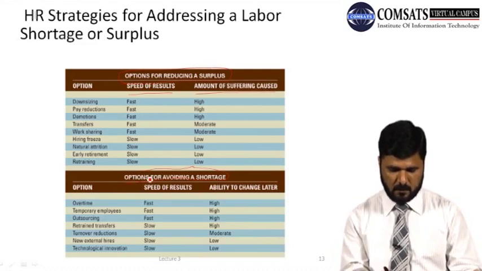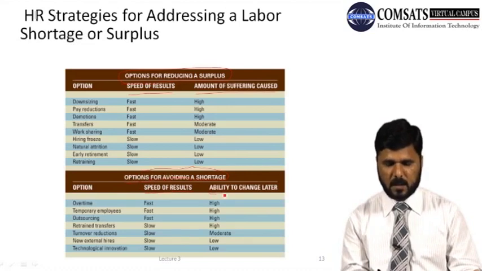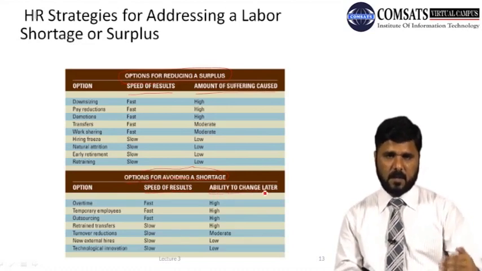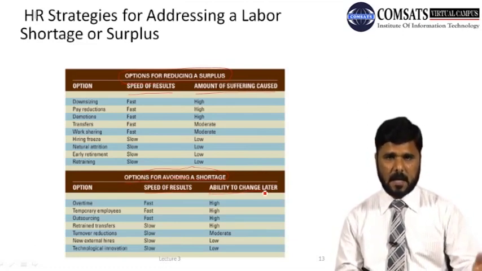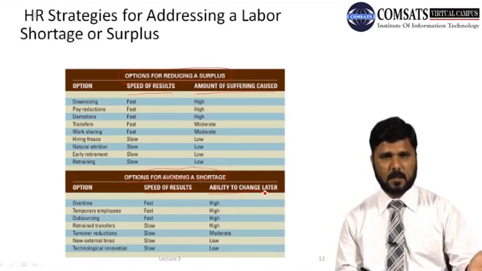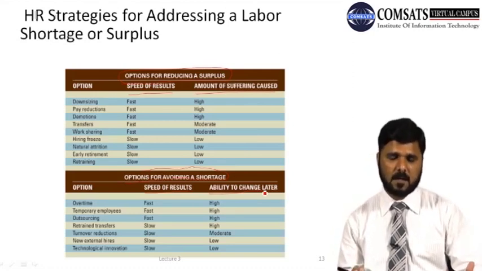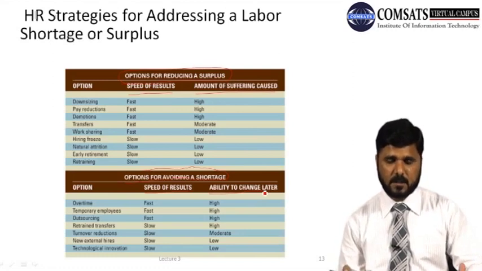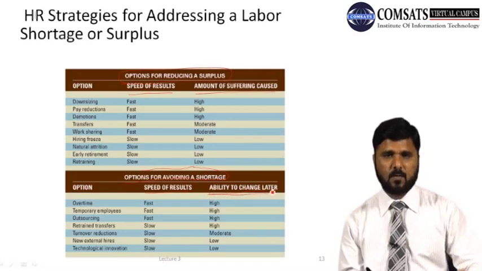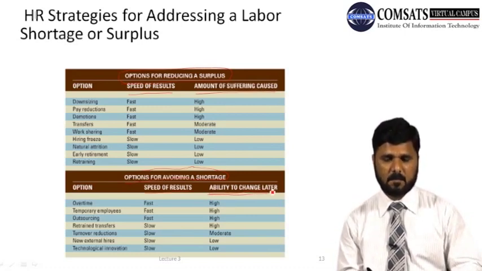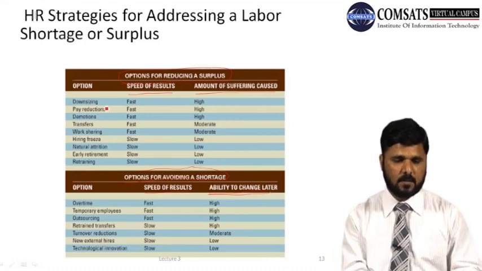Here these strategies are to be discussed with respect to speed of results, speed or ability to change later on. हमारे पास लेबर शॉर्टेज है तो हम इसको कितनी स्पीड से ओवरकम कर सकते हैं, and if there is a need to go back to the previous situation, so what is the ability to change later on. तो ये बाद में कितनी आपके पास फ्लेक्सिबिलिटी है to go back to the previous situation, हम इसमें डिस्कस करते हैं all of the strategies that are available for dealing with surplus or shortage. तो इसमें downsizing strategy,